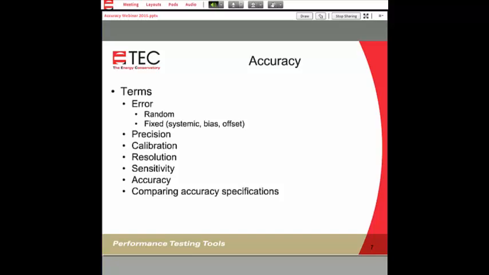Then the issue of precision, and calibration. Calibration, when it comes to accuracy, is a little bit different than what people might necessarily think of for calibrating a gauge. There's resolution, sensitivity, and accuracy, the sum of all those parts, and then we're going to look at comparing a variety of accuracy specifications.